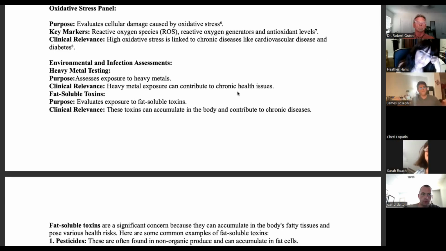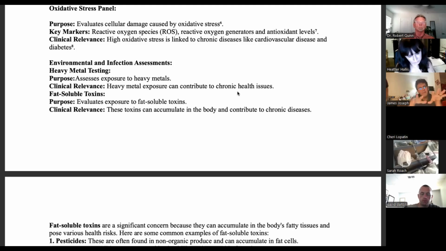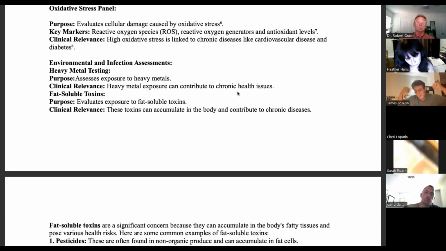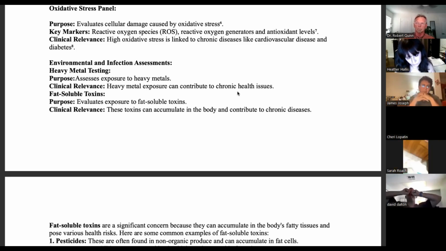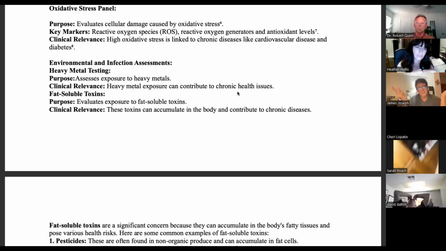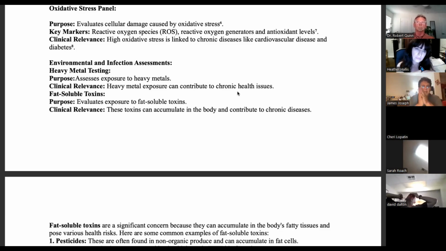Okay, so I put infection or chronic infection under oxidative stress. Why didn't I put it under immune? It can be, but I think it's better to say infection, Lyme disease, Epstein-Barr virus, they're all free radical generators. And that's the first thing. And then when they generate those abnormal pathological free radicals because of the toxin that's coming up from those infection bugs, then yes, eventually they will cause inflammation and they will disturb the immune system, and they will cause immune polarization. But I like to put it under redox,